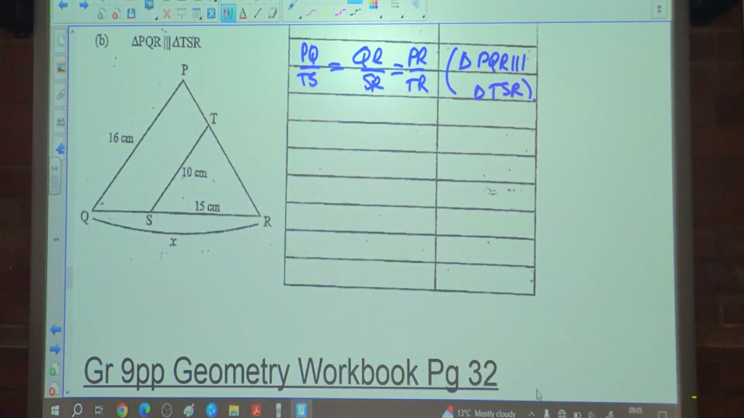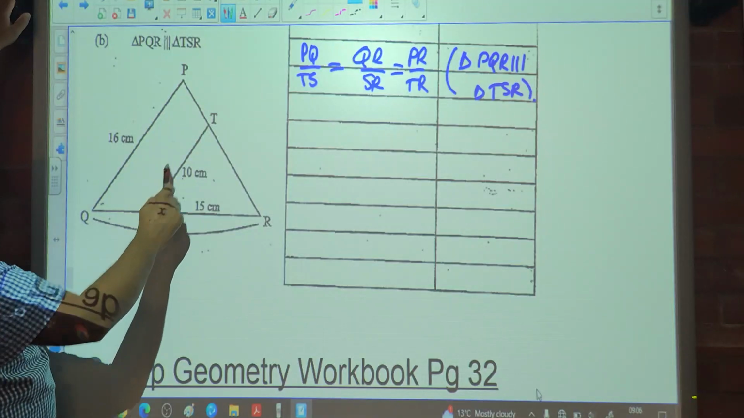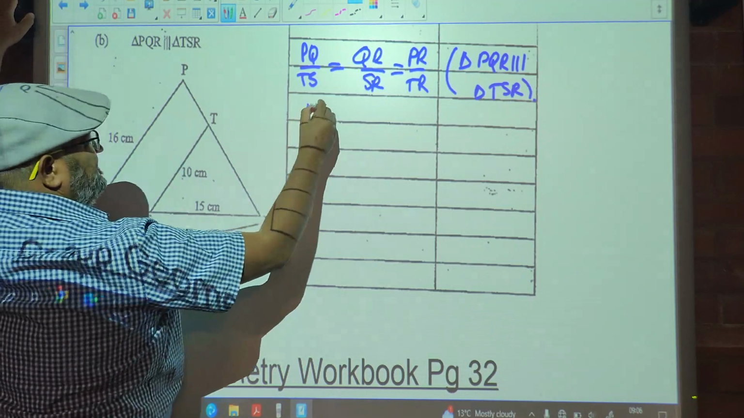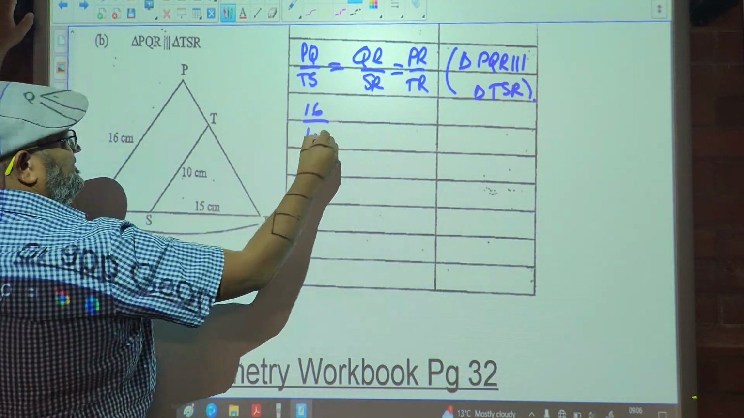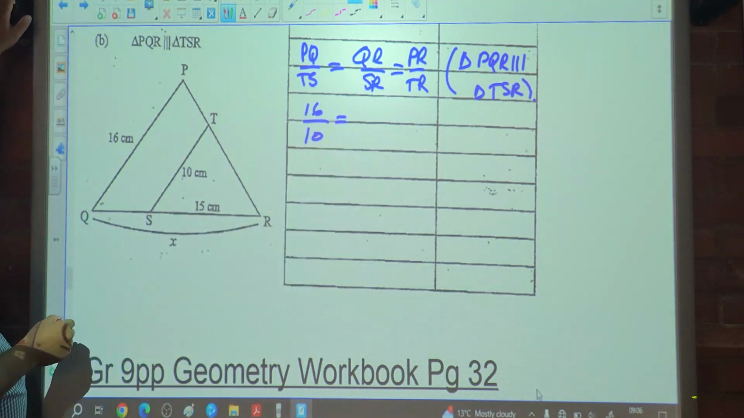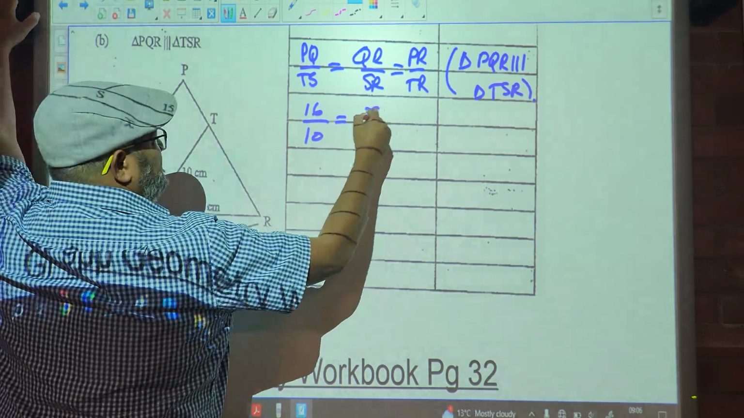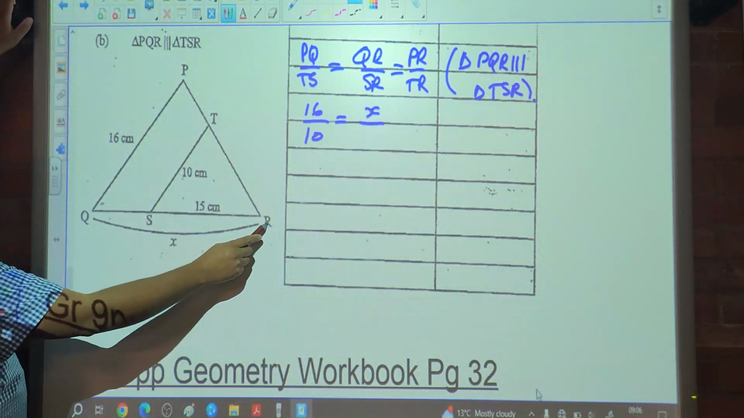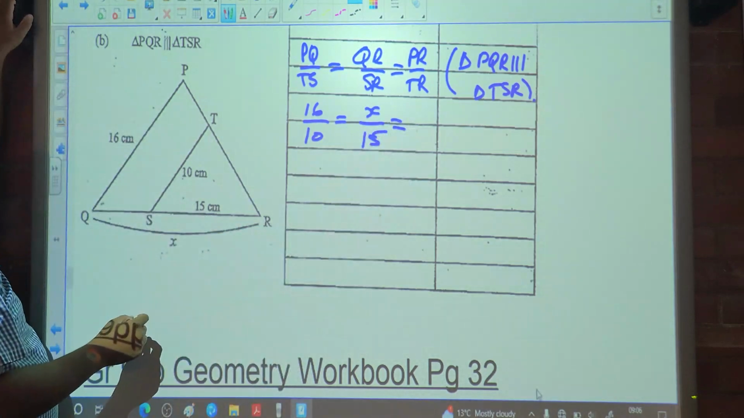You all agree with that? So what can I say now? What's the length of PQ, sorry? PQ 16 over TS 10 equals QR is X over SR 15, which is equal to PR